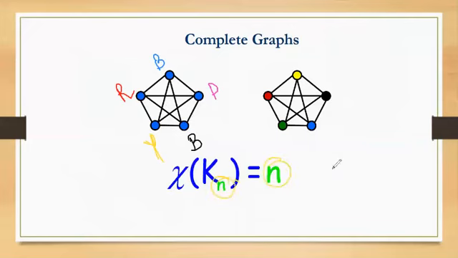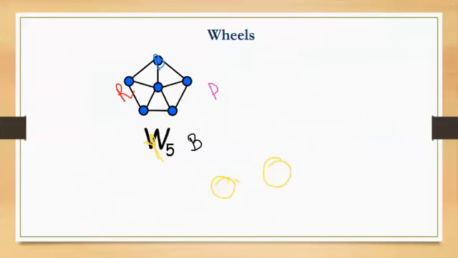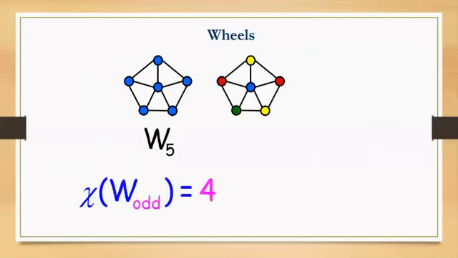Now next, similarly for wheels, you can try to find it out by yourself. I am just displaying the answers. Now that you have understood the concept, try to find the chromatic number of a wheel. If the wheel is W5, you have 6 vertices, but you will represent it by W5. We don't count the inner vertex. Then your number of colors will be 4, and when it is even, the number of colors will be 3. So take a wheel with an even number of vertices and an odd number of vertices, and try to find it by yourself.